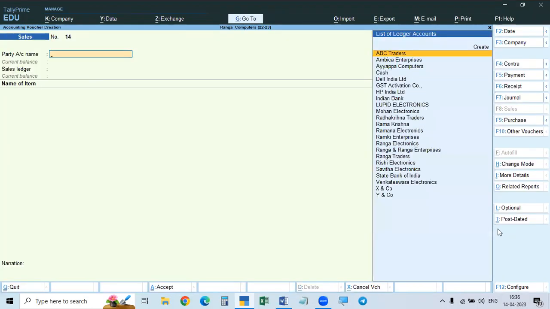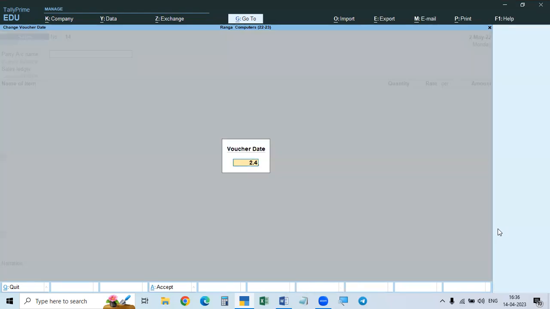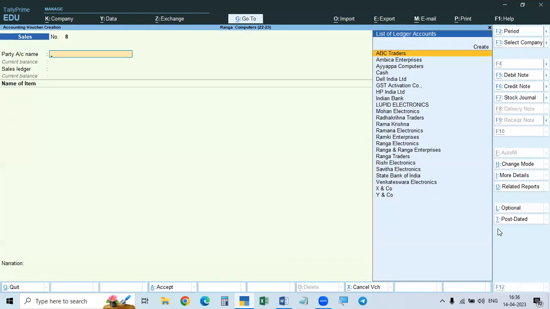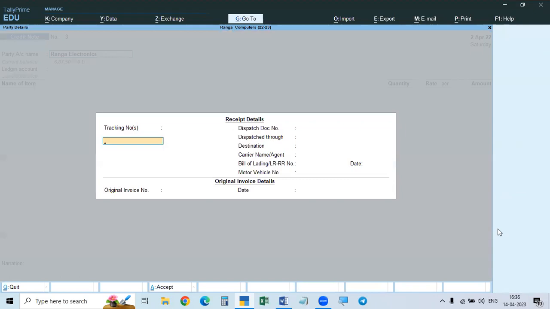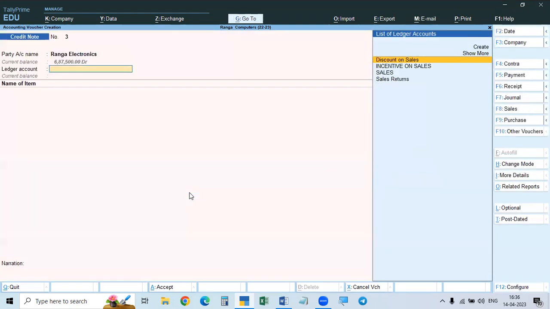So what will we issue now? For example, the date is 2nd April, and we will issue a credit note to reduce his account. Credit note, Ranga Electronics, and number is 1. Number 1, 1st April. We are entering it on 2nd April. So okay, here is no problem. Here also we can take, but here